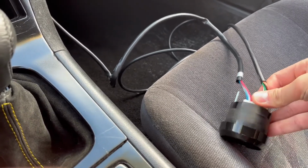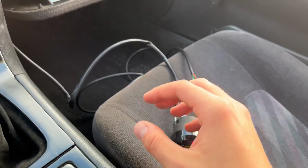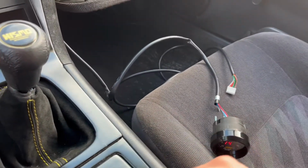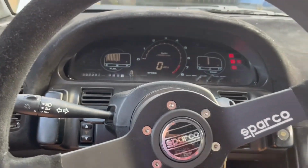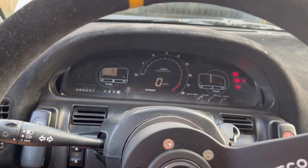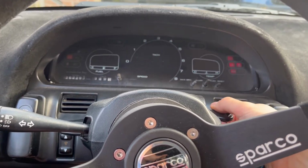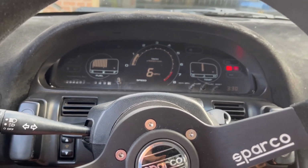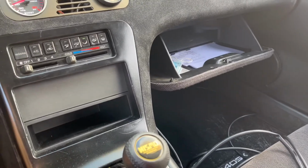I don't know why it does that. The wiring is not connected to the car at all. There's no information that this sensor is giving the car, so I have no idea why plugging in just the sensor would turn off the car. It's really, really strange. You can see it starts right back up. But again, as soon as I plug in this sensor,